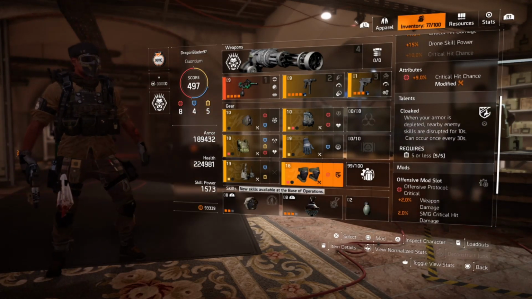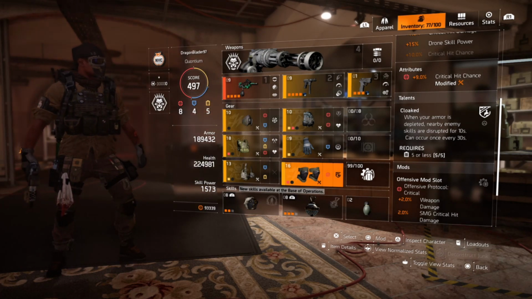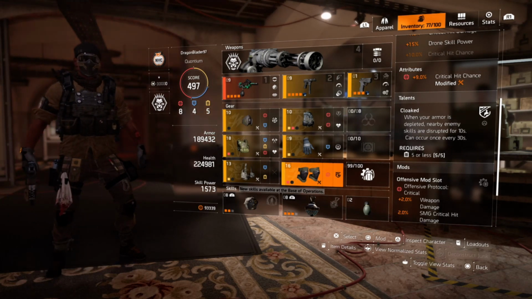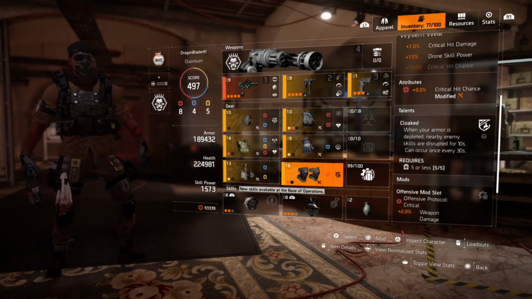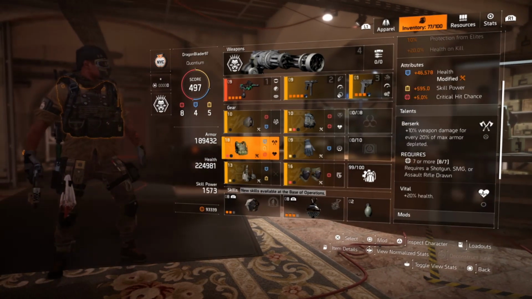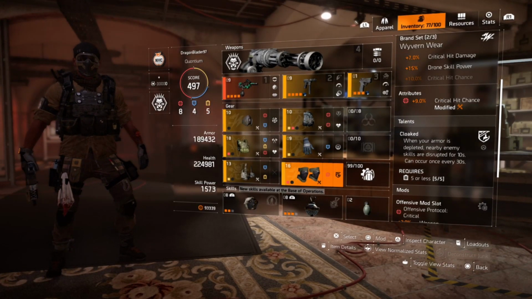So Cloaked is pretty cool because when your armor is depleted, nearby enemy skills are disrupted for 10 seconds, and that can occur every 30 seconds. So this is actually pretty cool because your armor is always going to be depleted once again. That's kind of another thing, almost like Berserk, that works well with this build because it can disrupt enemy